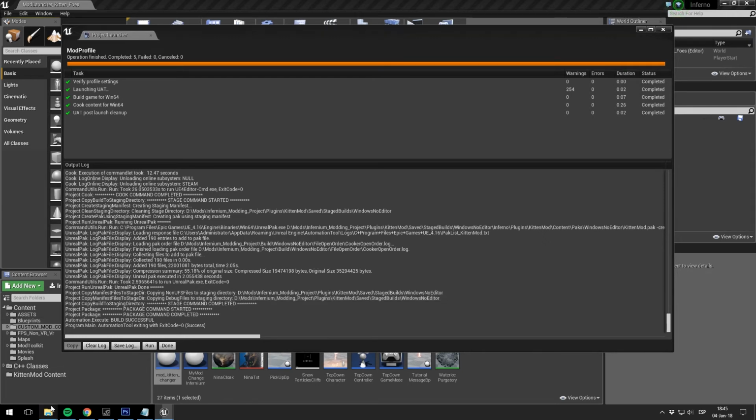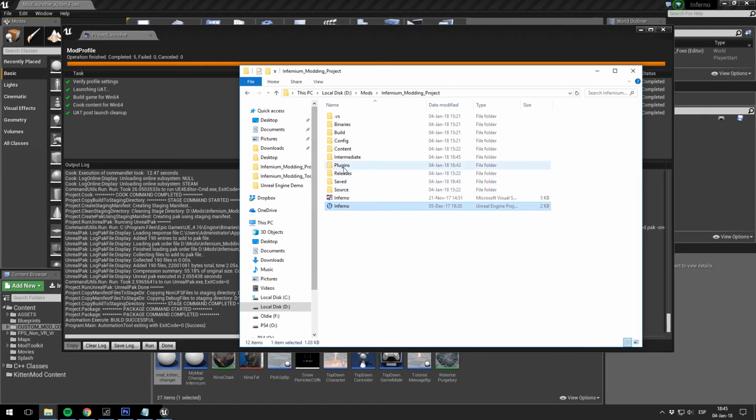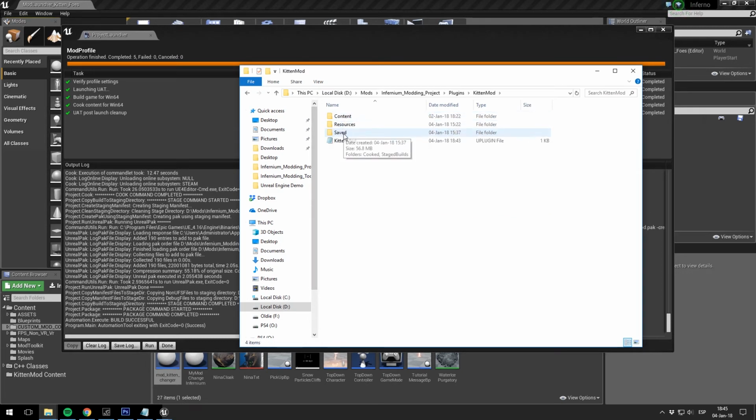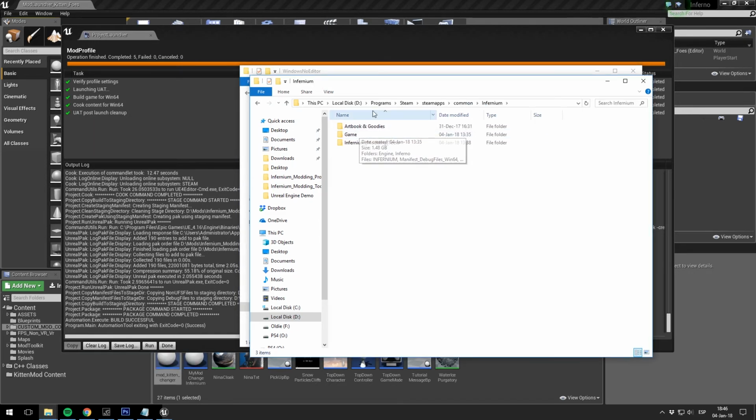So let's actually see our mod here. It's in plugins, hidden mod, save, stage, and here it is. So we grab this one and we bring it to our Steam directory. Okay, we go to Infernium in Steam, game, Infernium, content, packs, mods. We put it here and if we launch the game,